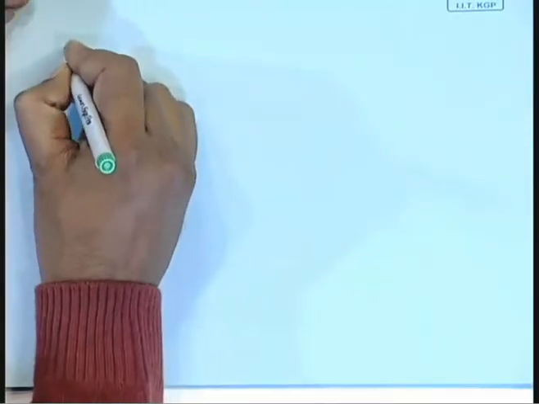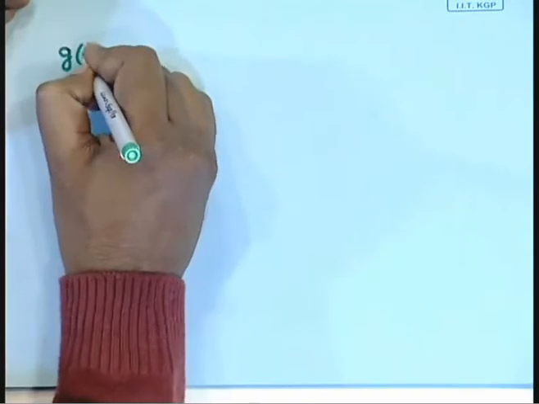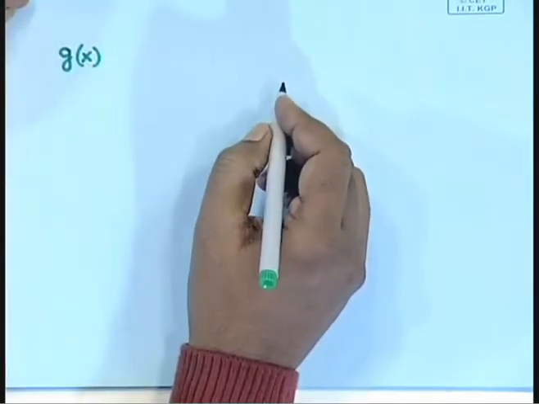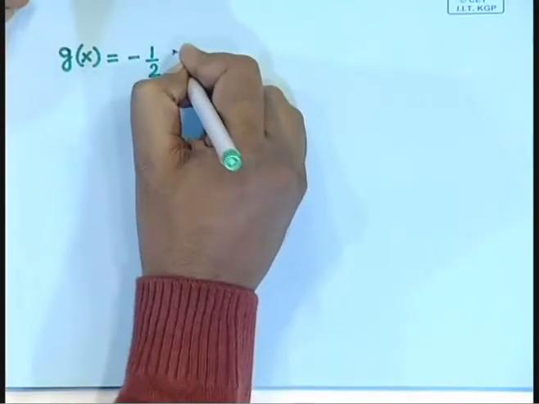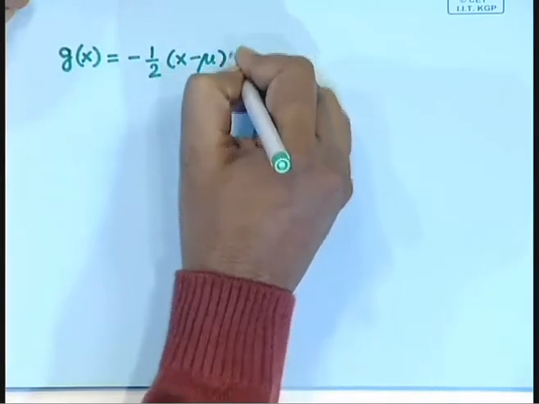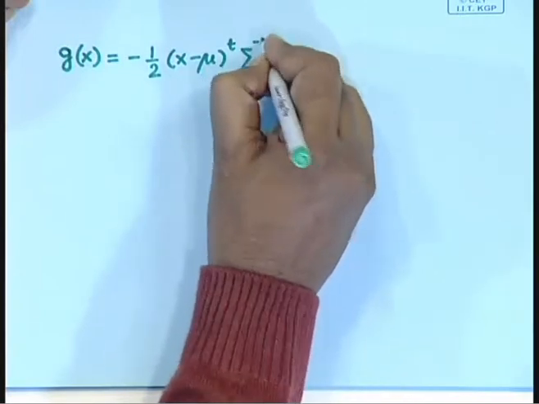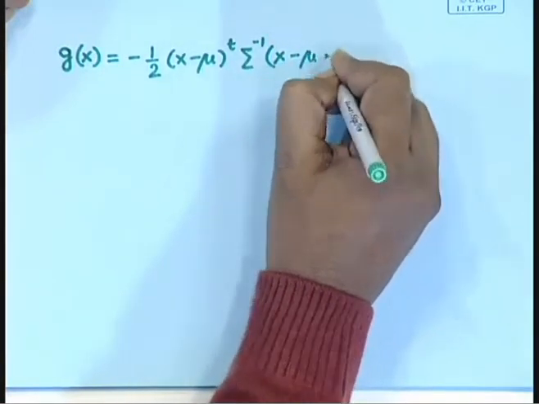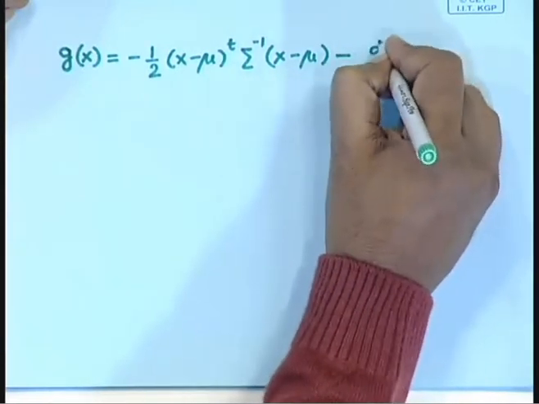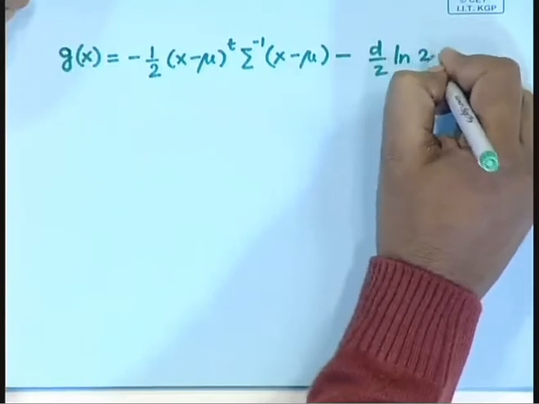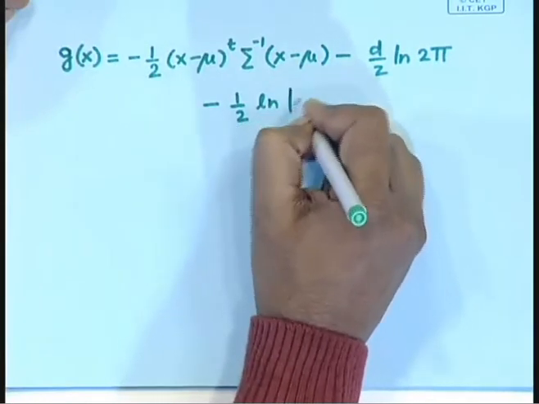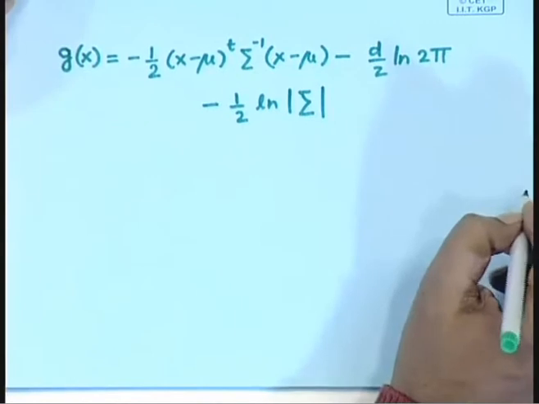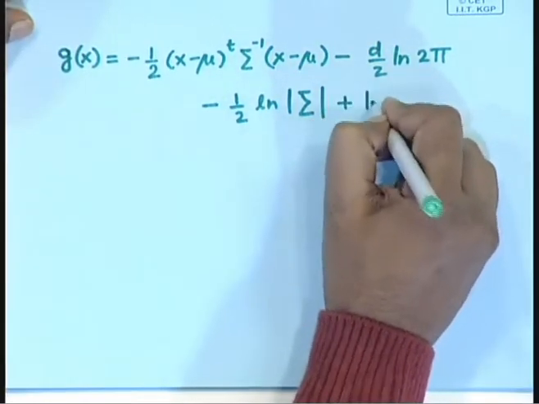So, find that earlier we said that the function g(x), or discriminating function for different classes, is given by minus half (x minus mu) transpose sigma inverse into (x minus mu), minus d by 2 log of 2 pi, minus half log of determinant of the covariance matrix,